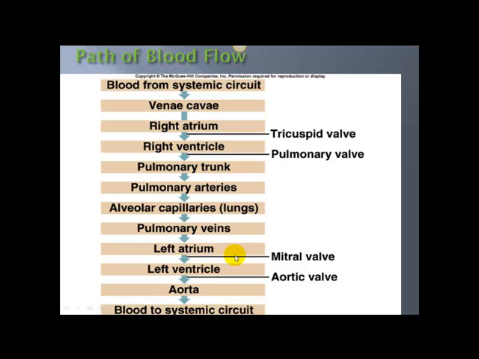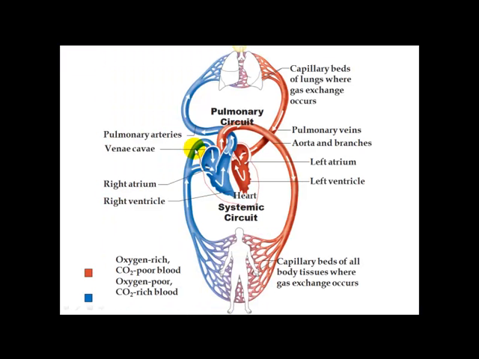It's a good little flow chart here. Follow the same image here. The vena cava, superior and inferior, right atrium, tricuspid, right ventricle, pulmonary valves, pulmonary arteries to the lungs. This is where you're going to change from blue to red. You're grabbing the oxygen, hemoglobin, on your red blood cells and dumping the CO2. Back through pulmonary veins, left atrium, bicuspid valve or mitral valve, left ventricle, aortic valve, out the aorta to the